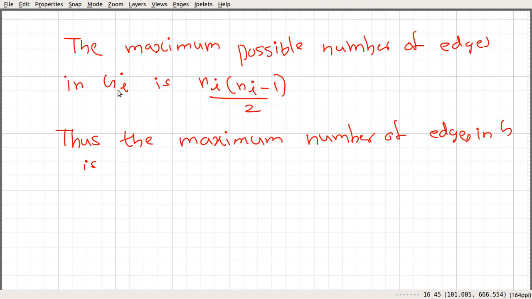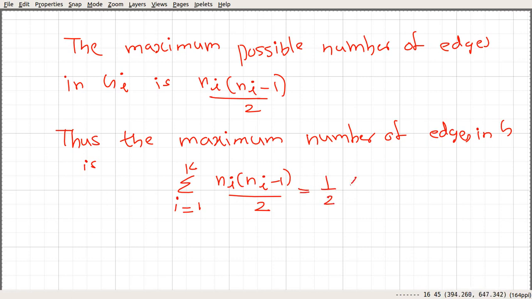Okay, so if we consider an arbitrary connected component Gi, the maximum possible number of edges is ni into ni minus 1 divided by 2. So what you do is you sum up the number of edges in all the components, from i equal to 1 to k, ni into ni minus 1 divided by 2. So which is nothing but